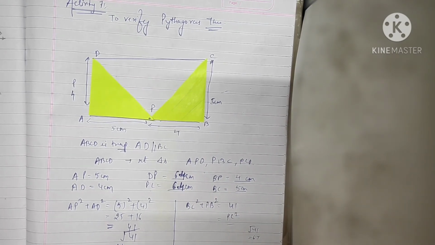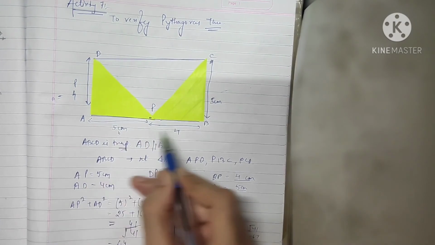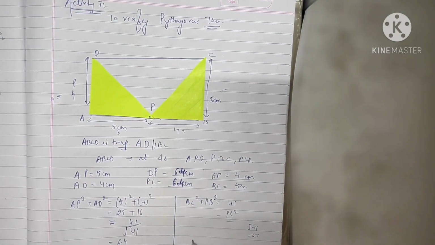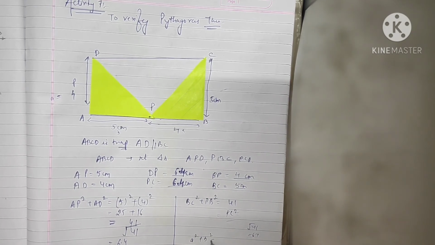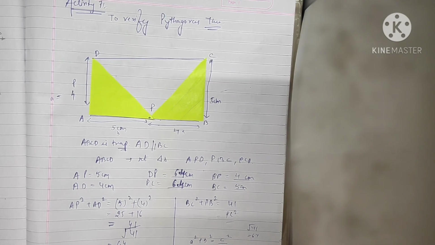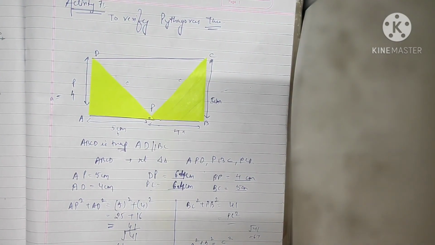So in this manner you have understood that by doing this, if you label the sides as A and B, every time A square plus B square is coming out to be this C square, and this C square is 41, which is basically the side of this C. So that's how you will do it.